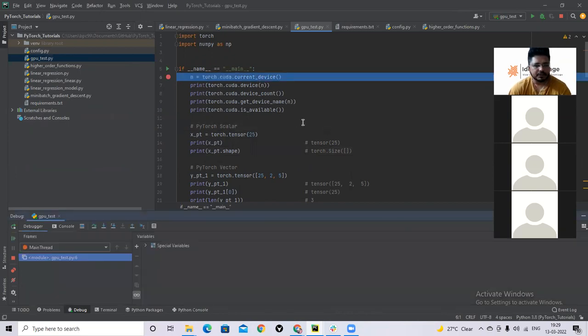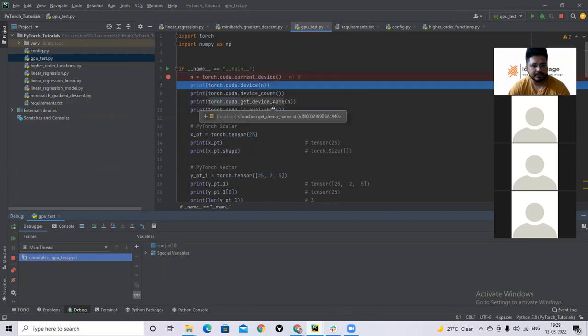There is a function that directly gives you the CUDA device number. Currently the CUDA device number in my system is 0. So device 0. 0 does not mean that there is no CUDA device. It means that the device number is 0.